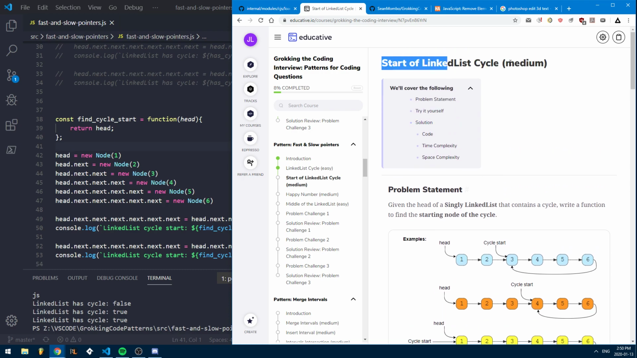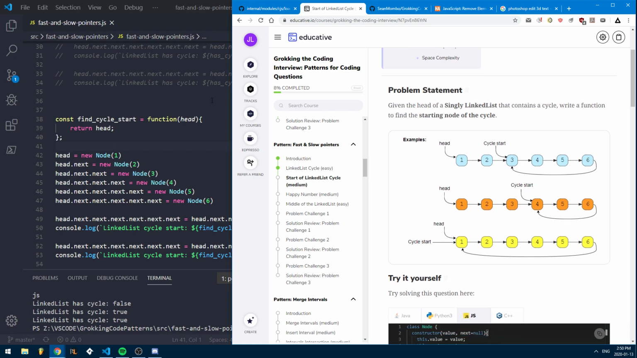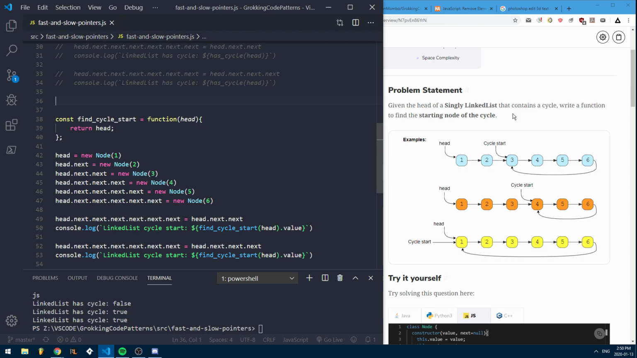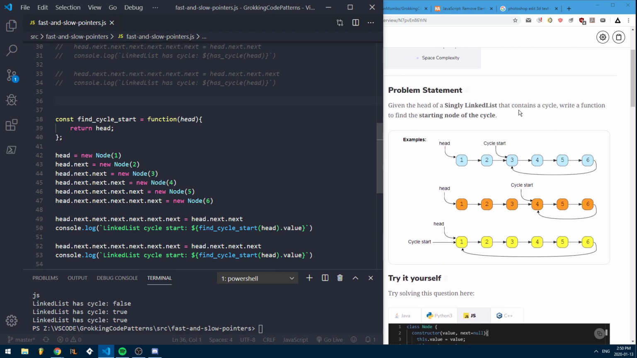Here we are at start of linked list cycle using the fast and slow pointer pattern. So, given the head of a singly linked list that contains a cycle, write a function to find the starting node of the cycle. Given the head of a singly linked list that contains a cycle, write a function to find the starting node of the cycle. Well,